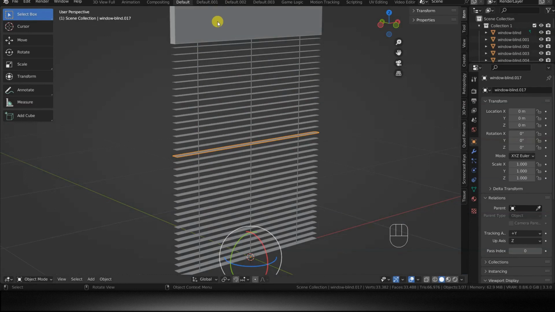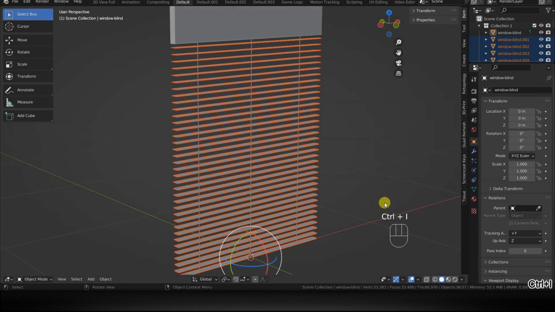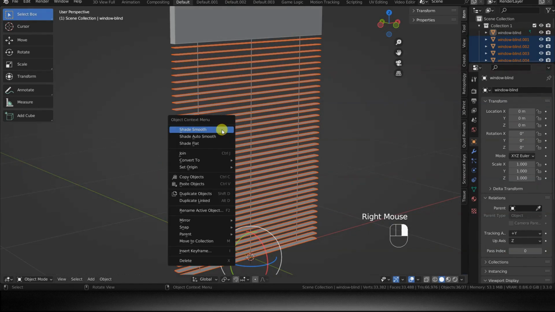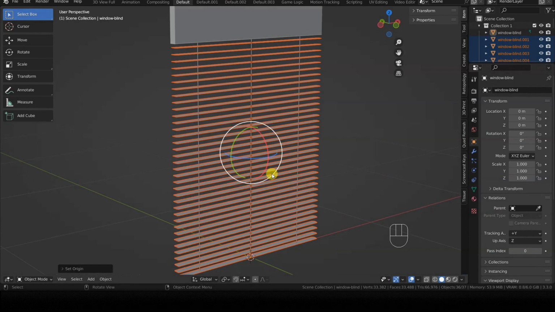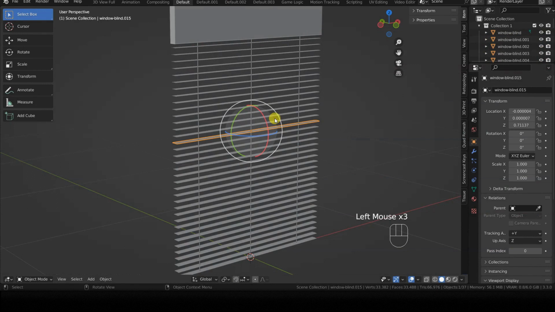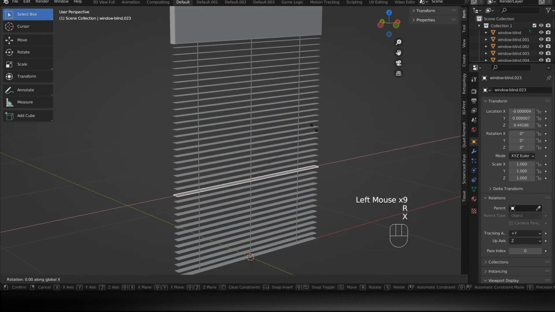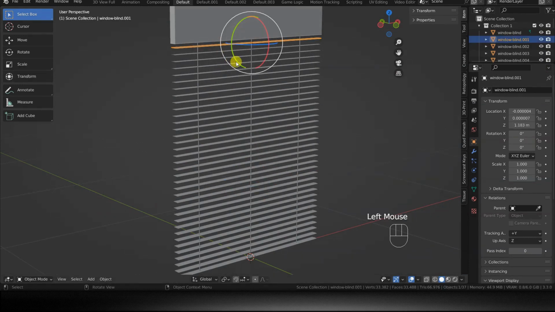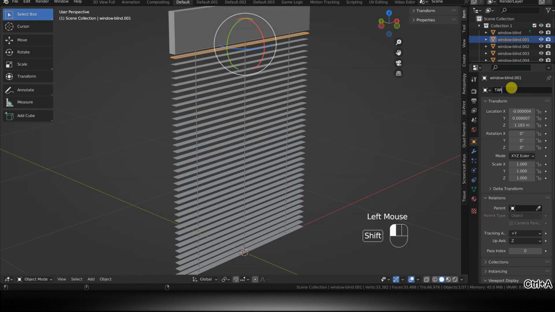To select all the slats, the quickest method is probably to select the original structure and invert the selection with the key combination Ctrl-I. At this point, we can right-click on the selection and choose the option Set Origin to Geometry. Trying to rotate each slat around the global x-axis, the slat will rotate correctly. Let's now choose a slat that will serve as a reference for all the others, for example, the highest one, and rename it Target.